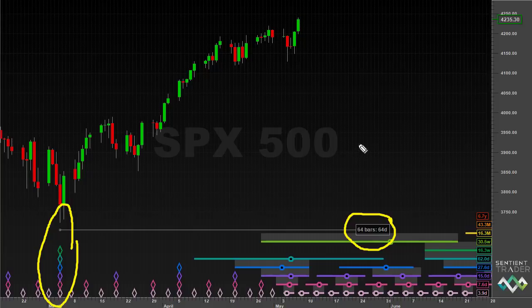Why? Because the average length of an 80-day cycle is in fact 68 days. That is the average length that Hurst discovered over 50 years ago when he did this research into the stock markets, in particular the stock markets of America. And if you don't understand why the average length of an 80-day cycle is 68 days and not 80 days,